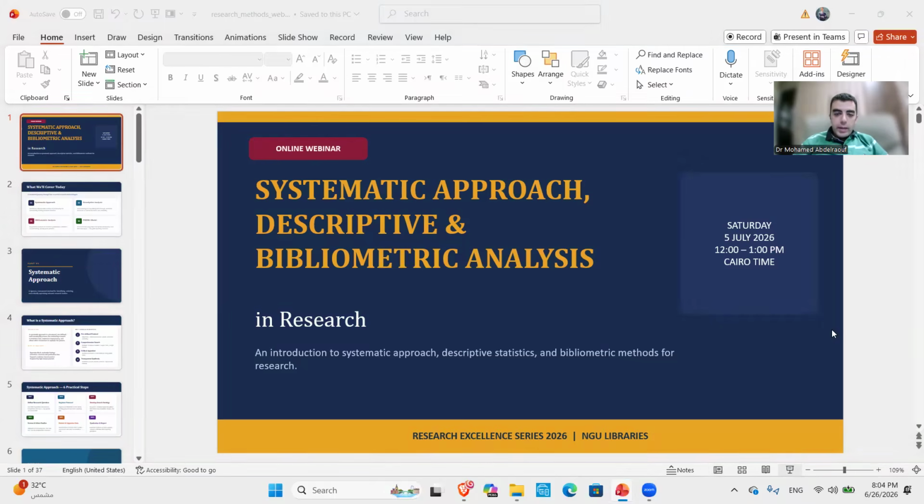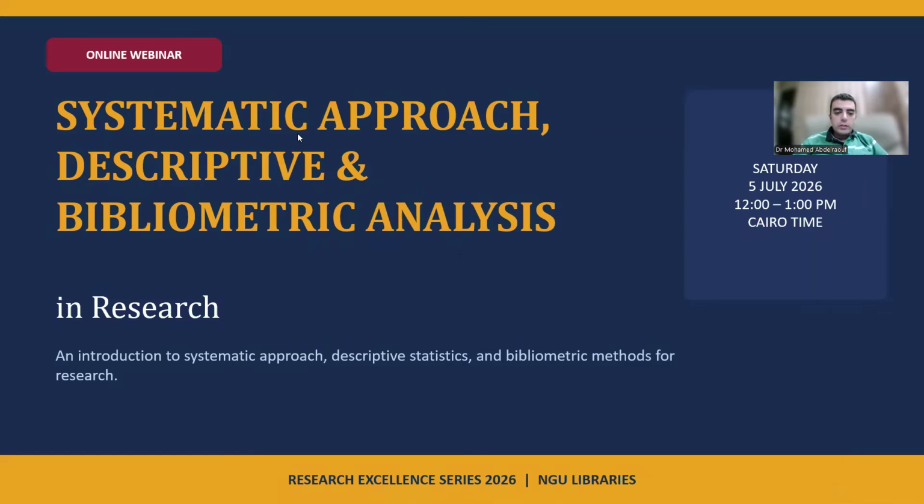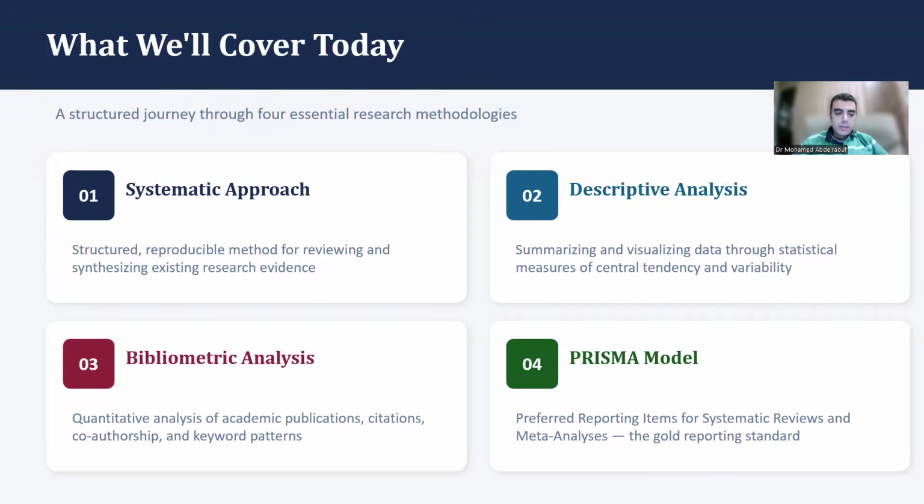In the beginning, I would like to say that here in the systematic approach, we're going to learn how to do a systematic approach, descriptive statistics, and bibliometric methods, and next time, we will talk about how to do a meta-analysis. Basically, there are four essential research